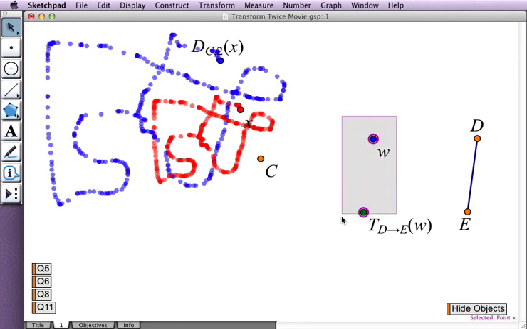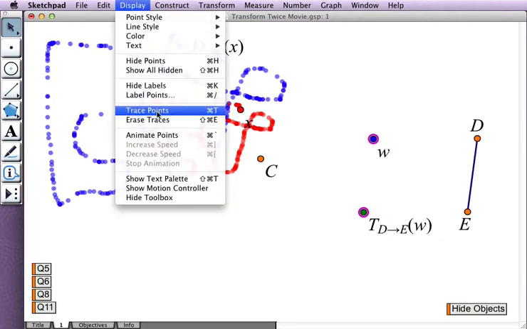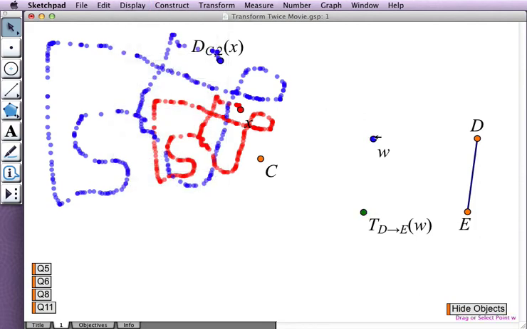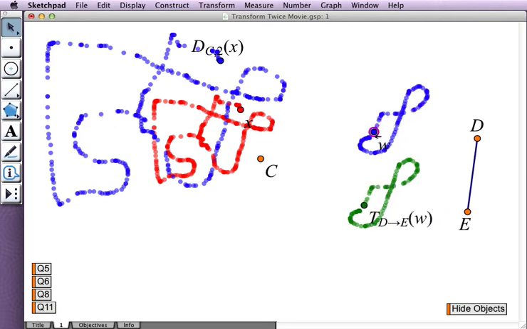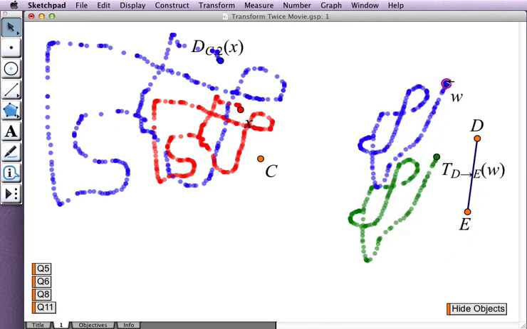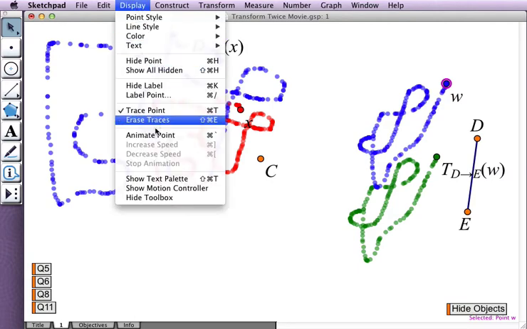We can similarly see what happens with the translation function. We'll turn on traces for those two variables and then vary the independent variable and see that they move at exactly the same speed and their traces are actually congruent as opposed to the similarity that we see over here. Okay, let's erase the traces